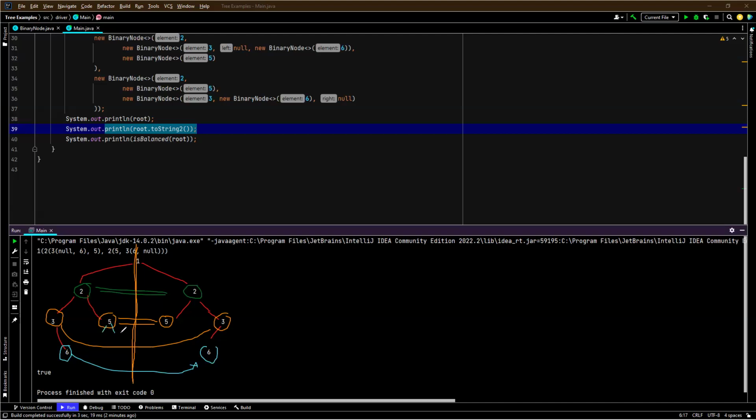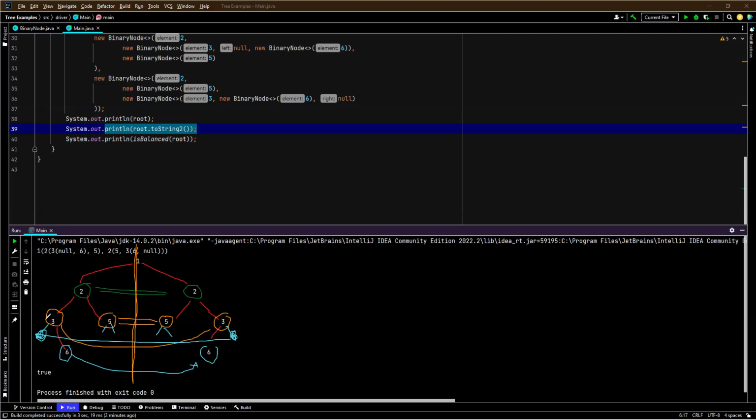5 has no children on the left side. 5 has no children on the right side. 3 has no left child on the left side. 3 has no right child on the right side. So these nulls, the right child of 3 would be null on both sides. On the right side and on the left side, the left child of 3 would be null. So these two are also equal. So even the nulls are equal, right? So that should be a symmetric